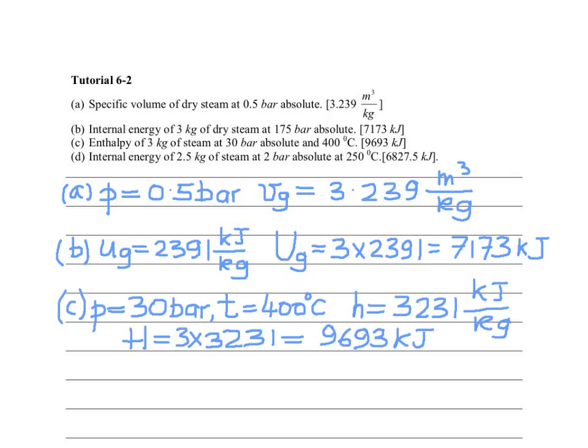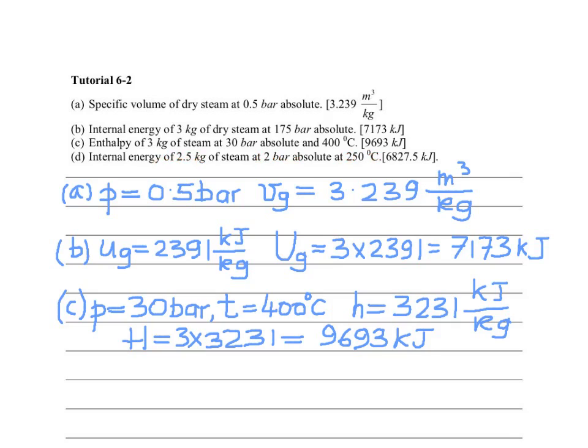Right. Let's look at the answer for part C. We got the enthalpy, 3 kilograms, and we've completed the calculation by obtaining 9,693 kilojoules. Let's look now at part D. Here we are required to calculate the internal energy, 2.5 kilograms of steam, 2 bar absolute,